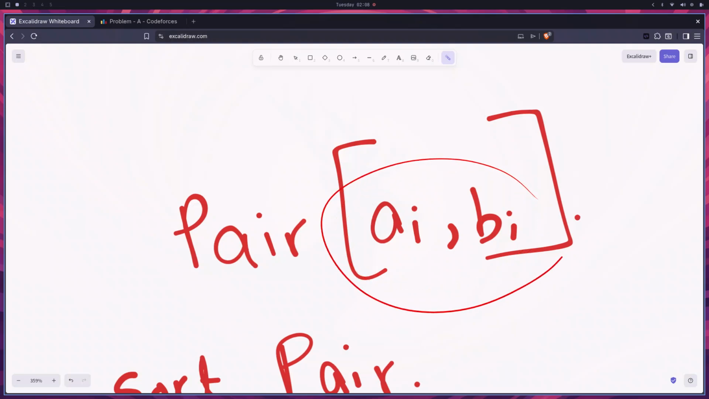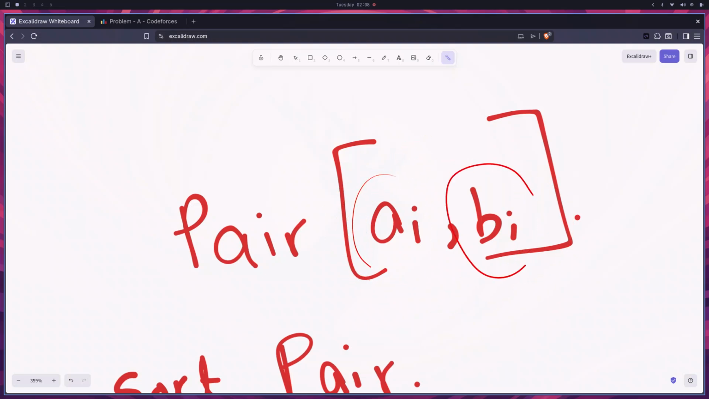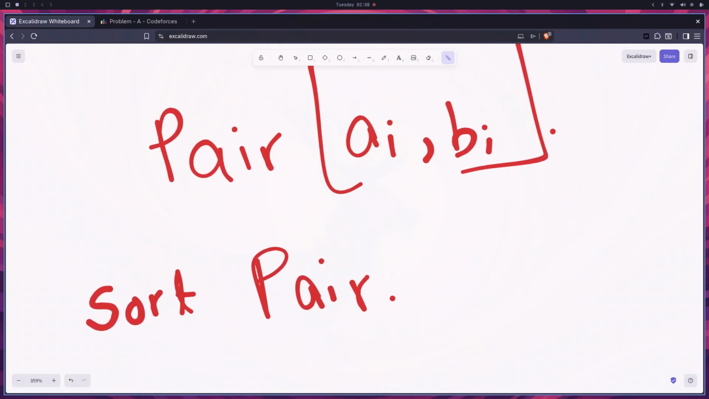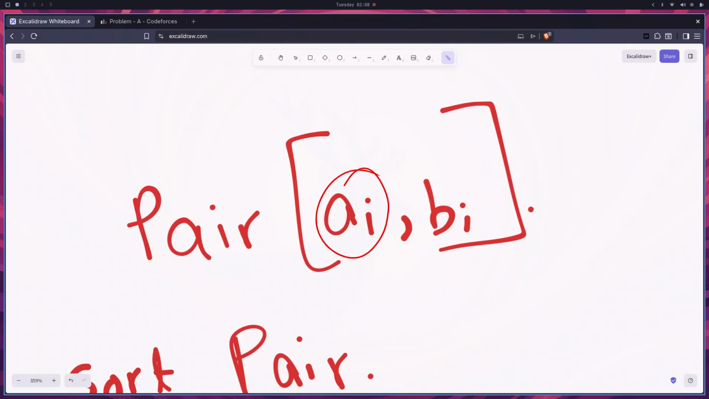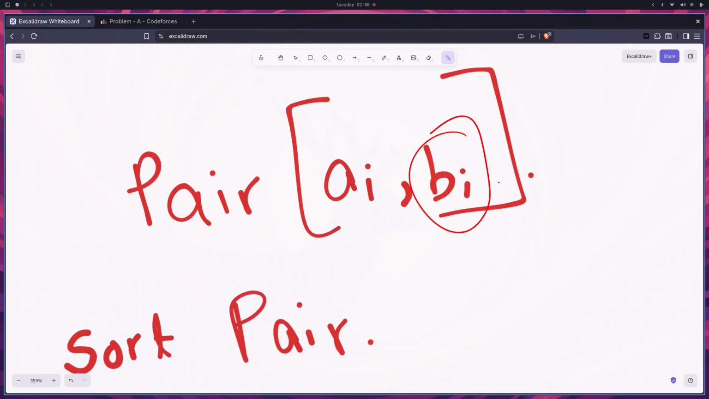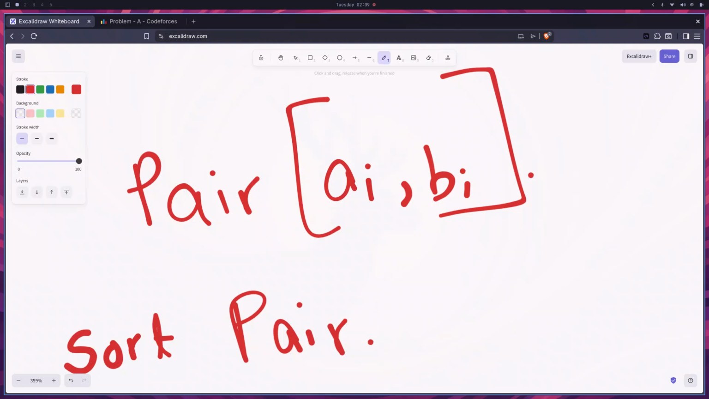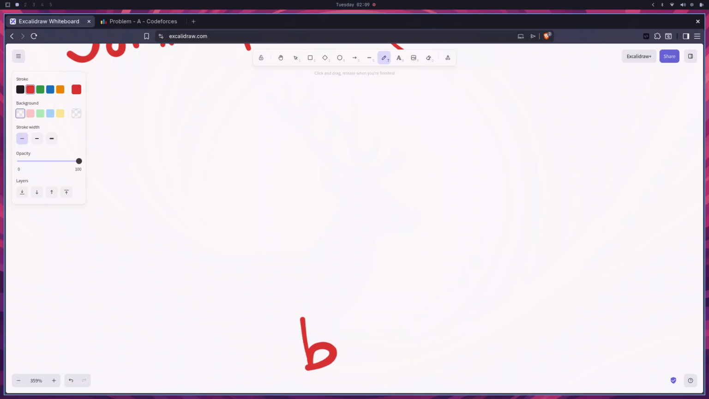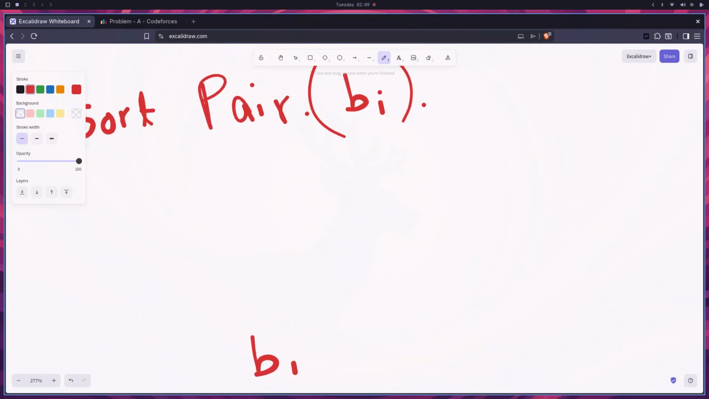This is a quantity for each resident, that he has a particular A of I and a particular B of I. So we'll sort the pair using which value? A of I or B of I? B of I, right? Because this is the cost per person for sharing. So we'll sort the pairs using the value of B of I, and once we sort it in increasing order of B of I,